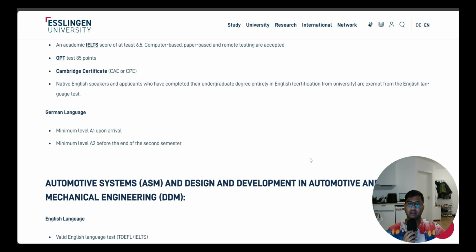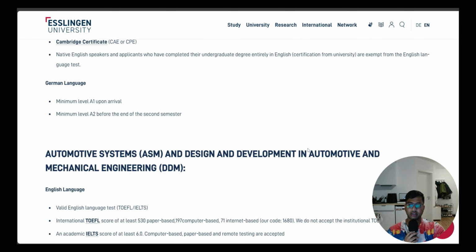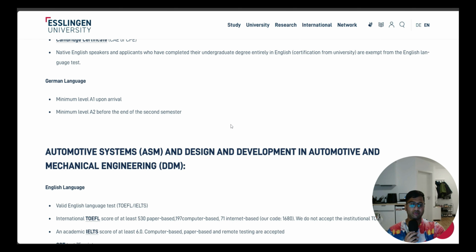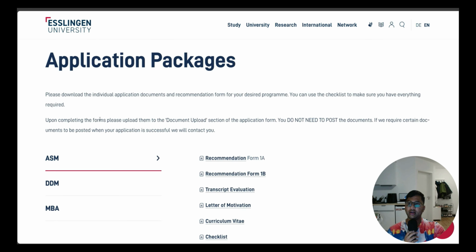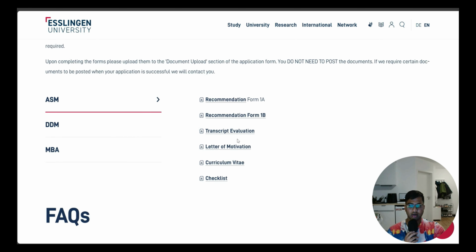I don't know, but yeah, we will see when we see in the application procedure. And minimum A2 you have to finish before the third semester. This we have already checked for it. Then application packages. Here, the application packages, why I am telling you, because they have forms with templates